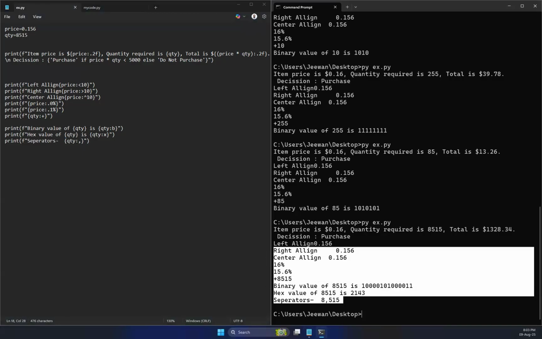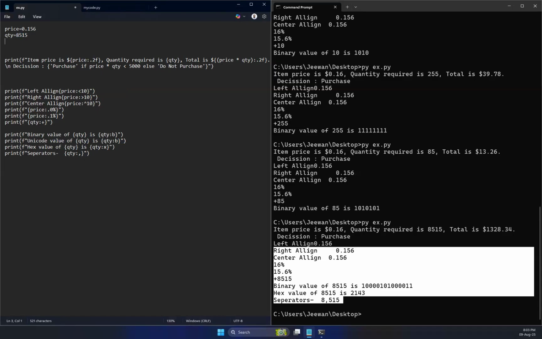And also, right now you have binary formatting, hexadecimal. What else do you want? You want to convert to a Unicode character as well. That is also possible. Unicode value of, let's say we'll have a small one then, A equals 65. Unicode value of A is,